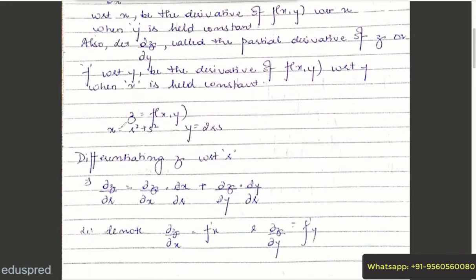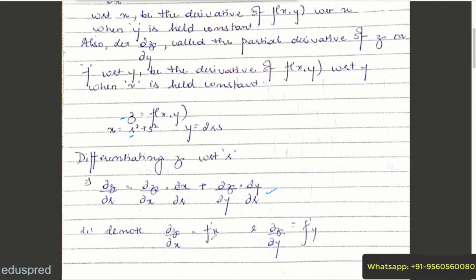Now, your z is equal to f(x, y) and x is a function of r and s such that x is equal to r square plus s square, and y is also a function of r and s where y is equal to 2rs. So here we will be using the chain rule, which I will directly apply to this particular question. According to the chain rule, when you differentiate with respect to r, where this function is in terms of x and y which are further dependent on r and s, you have the partial derivative of z with respect to x times the derivative of x with respect to r, plus the derivative of z with respect to y times the derivative of y with respect to r.